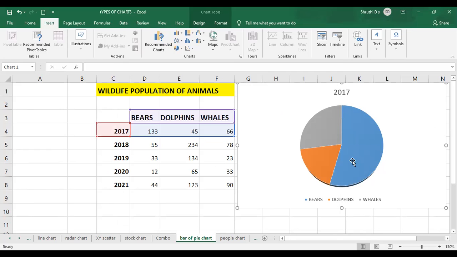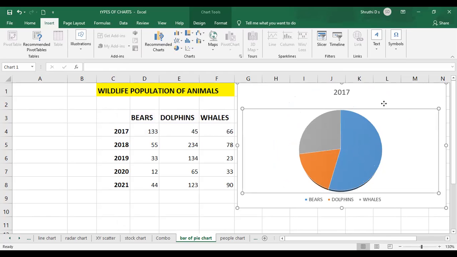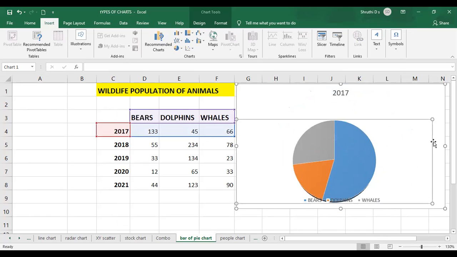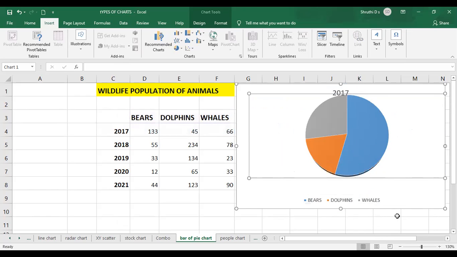Click on OK. So now I'll click on this one portion, the bears, and drag it. I'll select that part itself.